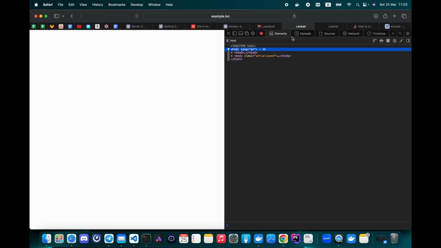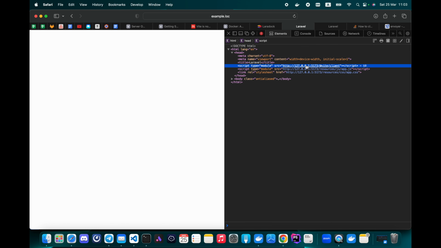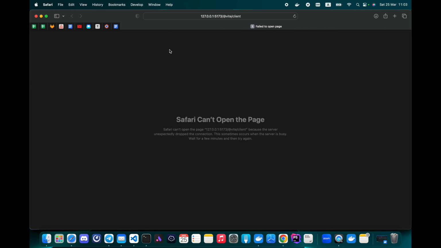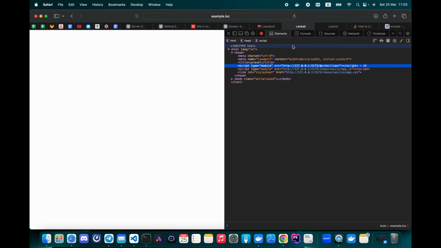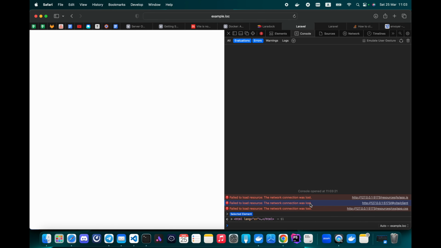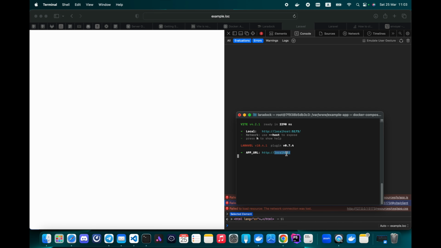Do you remember the Vite directive we added to the app.blade.php view? Well, that directive changed the source of the loaded modules when we started the Vite development server. In development mode, Vite runs the WebSocket server, and if we change some files, they will be recompiled and loaded without having to reload the page.